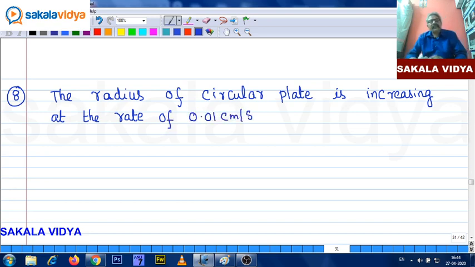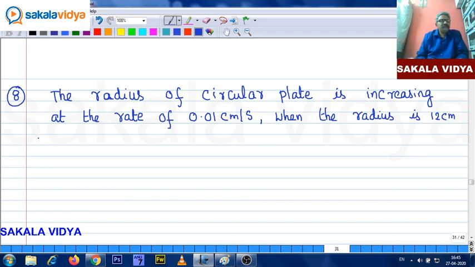That means the radius of the circular plate is increasing by 0.01 centimeter per second. When the radius is 12 centimeters,